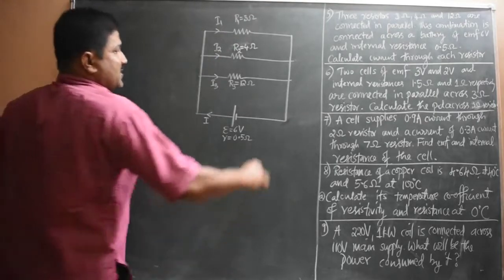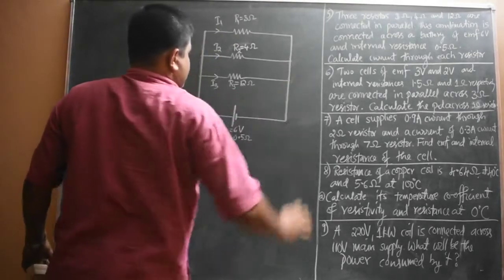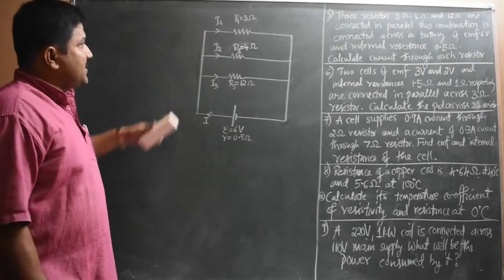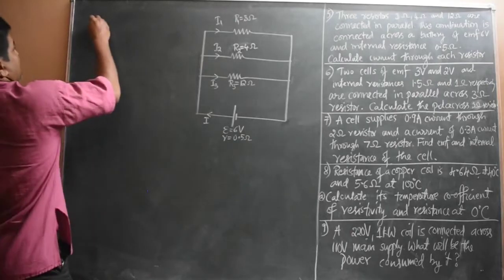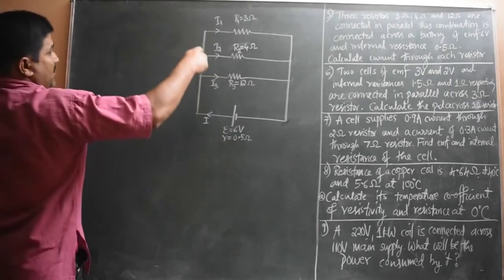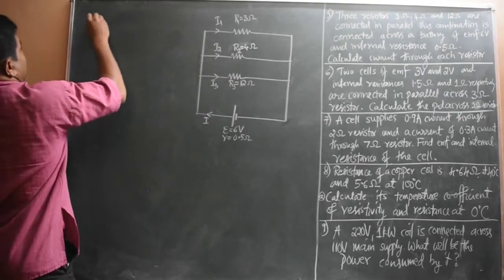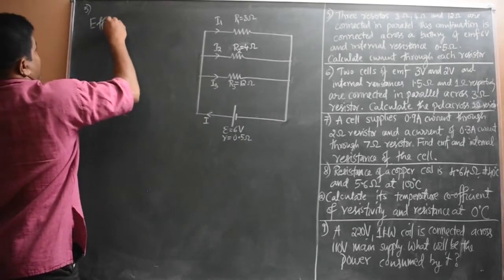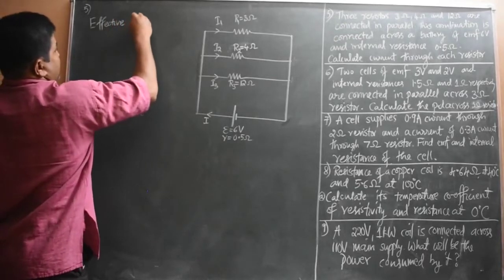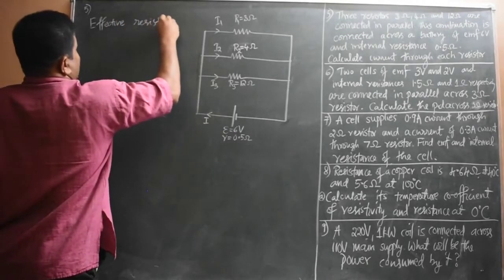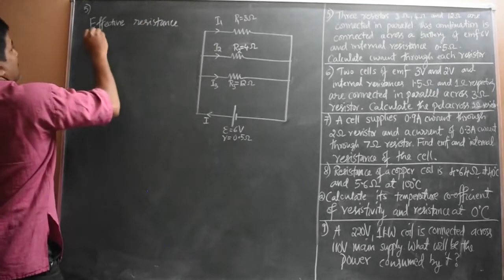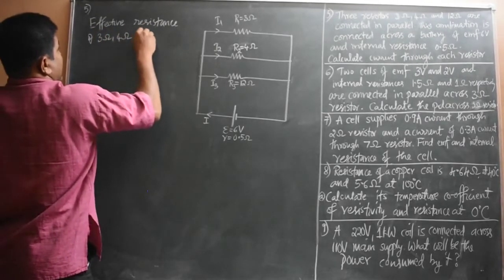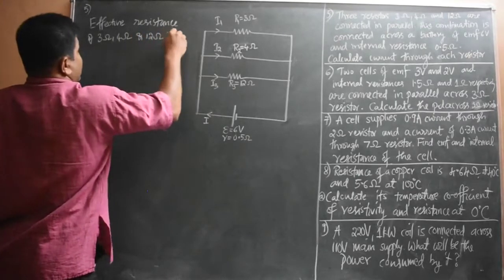Now what you have to do, firstly you have to find out the effective resistance in parallel combination. So I said there are 3 resistors here, so effective resistance of R1, R2, R3 in parallel. So problem number 5, solution is like this. Effective resistance or equivalent resistance of 3 ohm, 4 ohm and 12 ohm in parallel